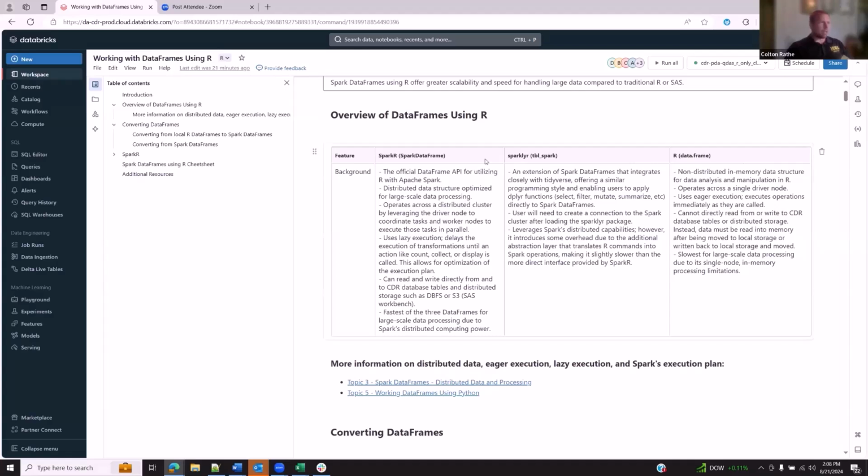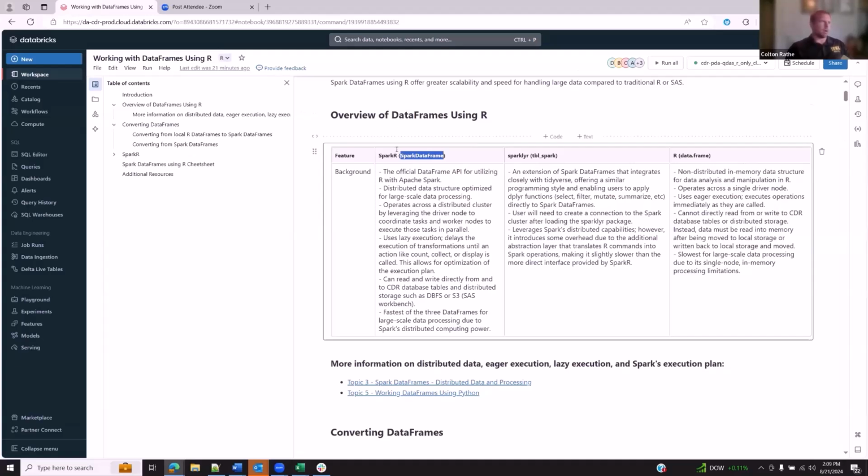The data object for SparkR is going to be the Spark data frame, and it's important to know the data object type or class, as it will determine what functions can be applied to it. For example, the SparkR functions can be applied to the Spark data frame, but not to the data.frame. So